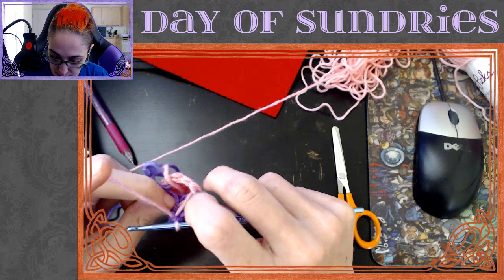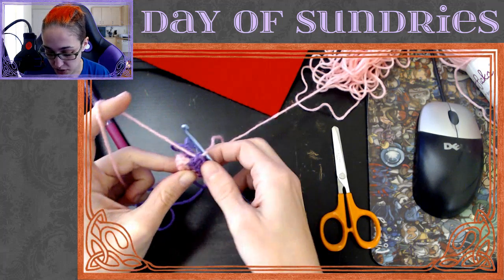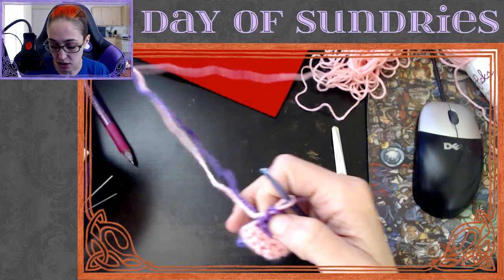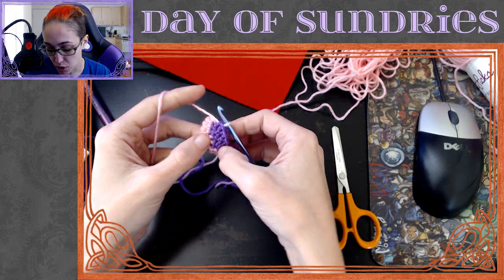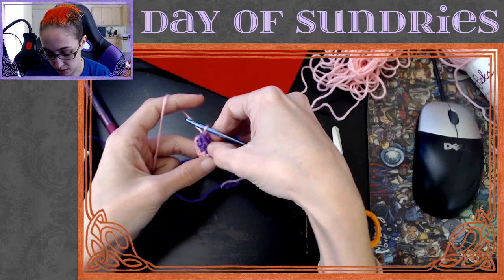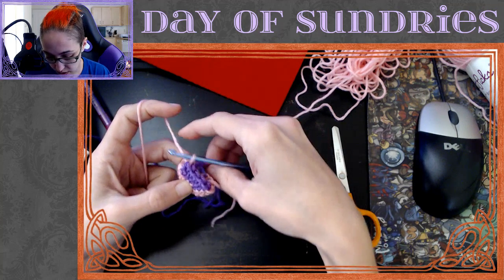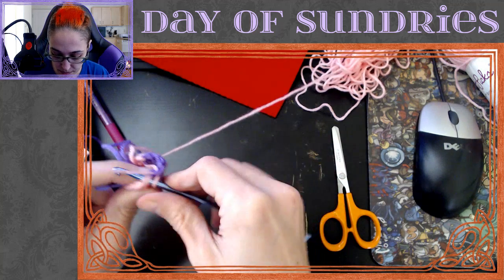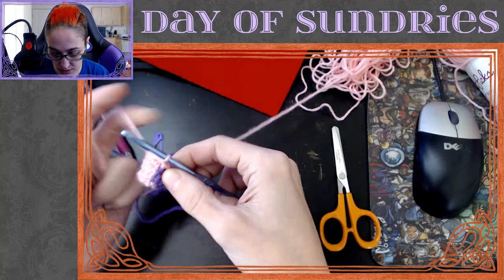The other thing I have to be careful of, I guess not really. I can't pull this too tight because I'm not cutting the yarn each time. And I don't want to pull it from the inside because that would not be good. Yeah, I think that looks even, that looks good. Looking good. And so...